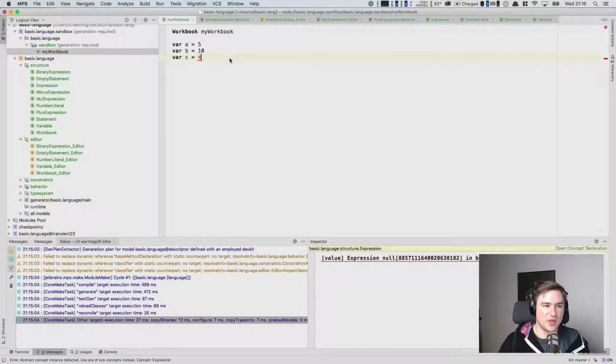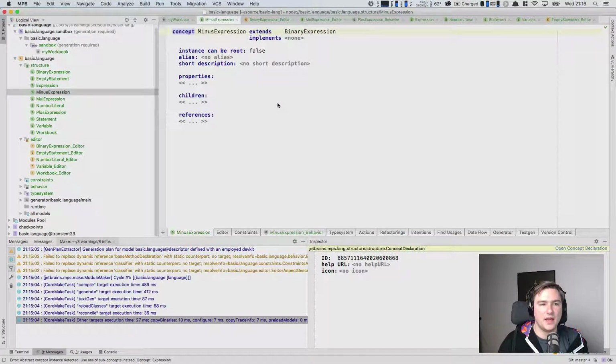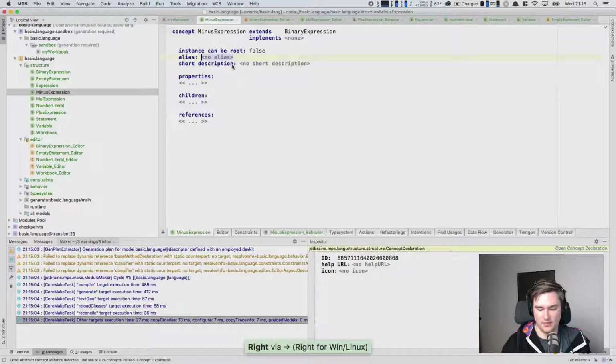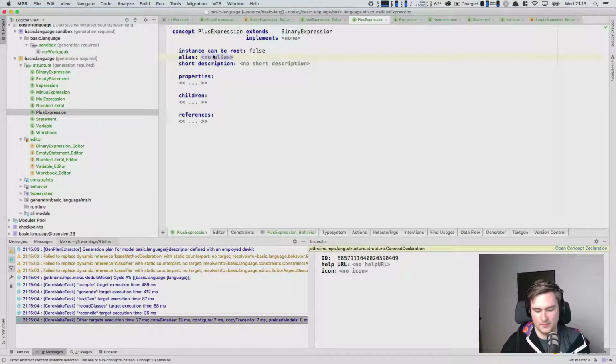And to do that, MPS has a concept called concept aliases. So let's go to our minus expression here. And in the concept declaration, we can define an alias. And this alias is used, for instance, in the code completion menu to match against. So if we define minus symbol here on the minus expression and the plus expression and rebuild the language,